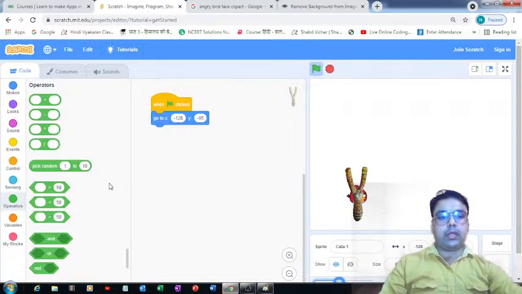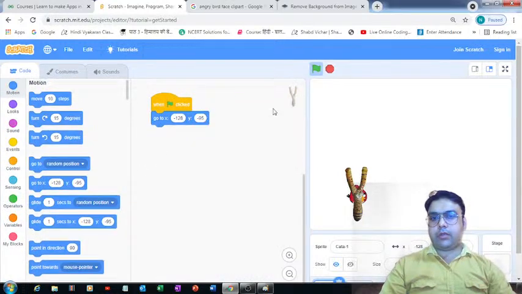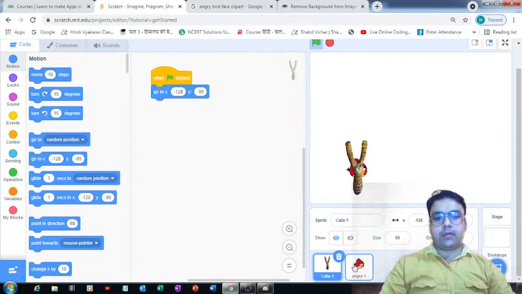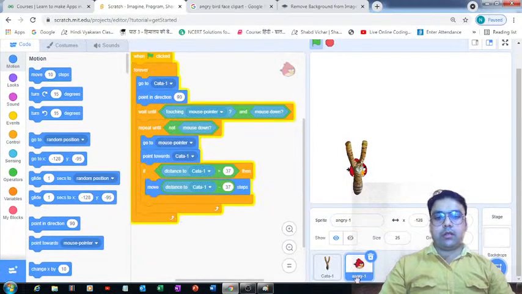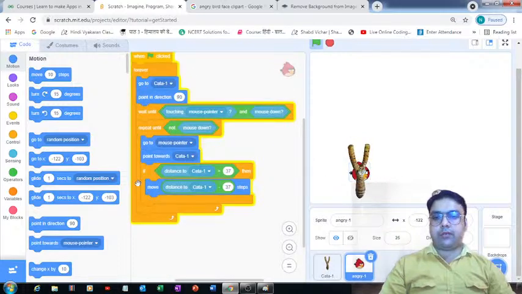Right, now what we can do, and one thing I think I missed is, let me come back to this code of Angry Bird. Now I have placed this if statement inside this repeat until, that is perfectly fine, and everything is inside the forever loop, that is also fine.